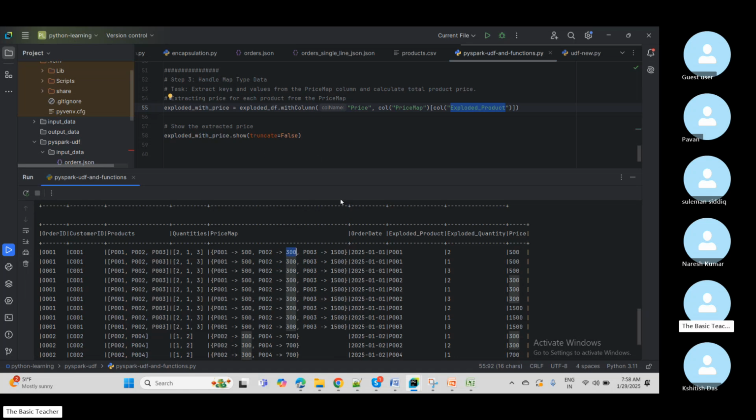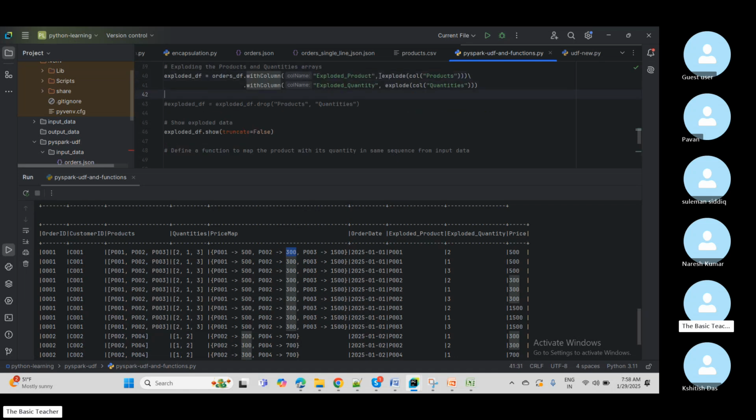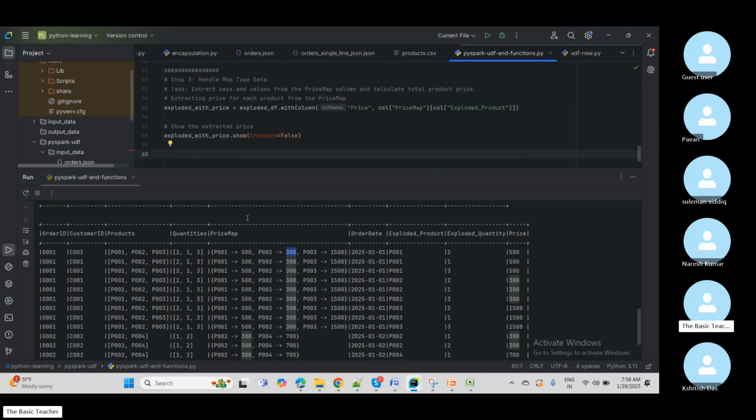This is one thing, that based upon the key, it is extracting the value, and the key we have already extracted in the previous step. Using explode, we had done this. Because of that, this is good to map with the exploded product. But what if I have not taken this option? Maybe here I have done the explode, right? But there is a condition that I have not exploded in advance, but I wanted to get key and value both. In that case,